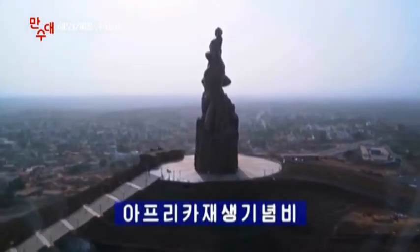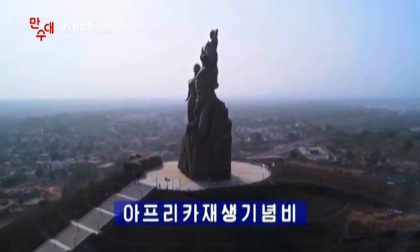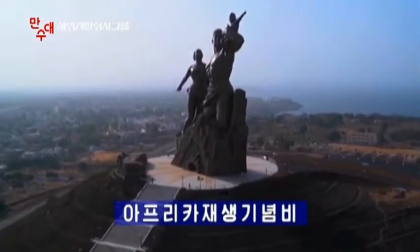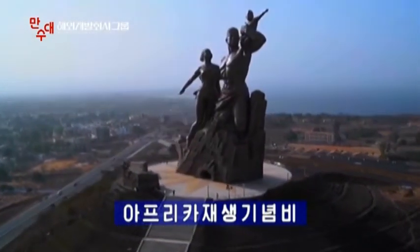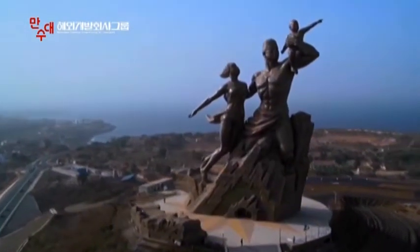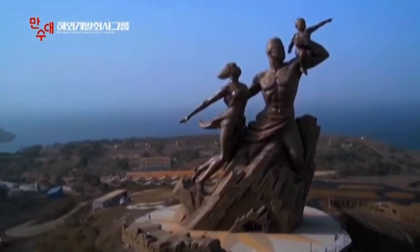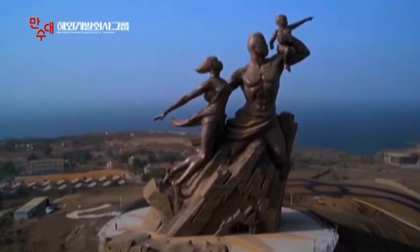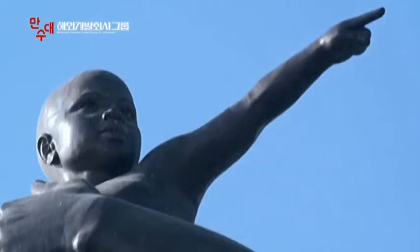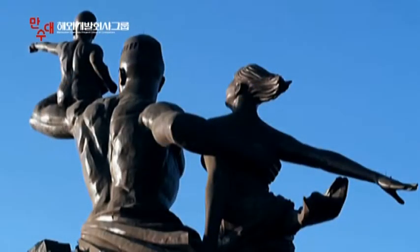Here you can see the monument to the African Renaissance in Dakar, Senegal. This monument was constructed at the direct initiative of and the request for cooperation of the Senegalese president. The groundwork for the monument was laid in September 2007, and it was completed on a qualitative basis in April 2010. That is to say, in a short span of 2.7 years by 150 workers, which has been world-renowned for